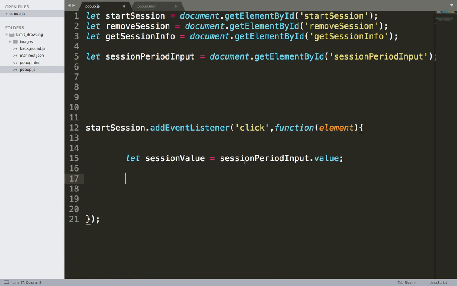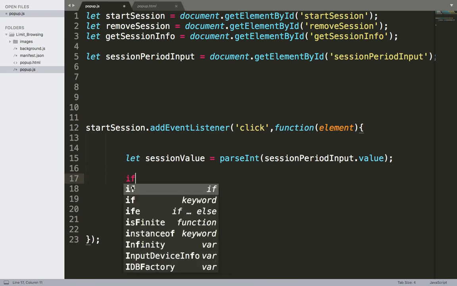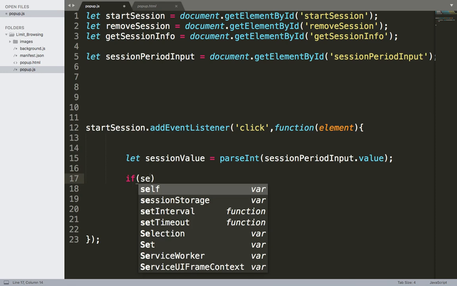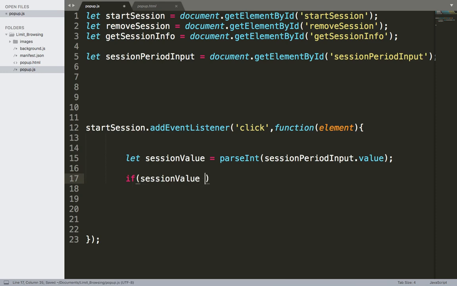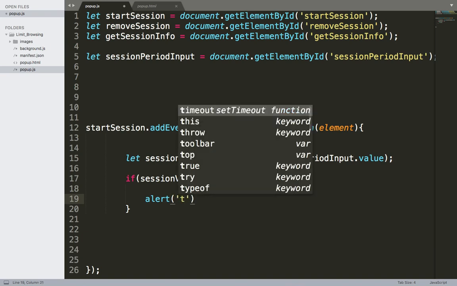but this value is a string. We want to make this value an integer to make our work easier with the if statement. So here I'm going to use parseInt so that we convert this value to an integer. So now this value is an integer, and we can do our operation with the if statement. With the if statement here, I'm going to use the session value, and then if that value is less or equals 0, then we are going to tell the user